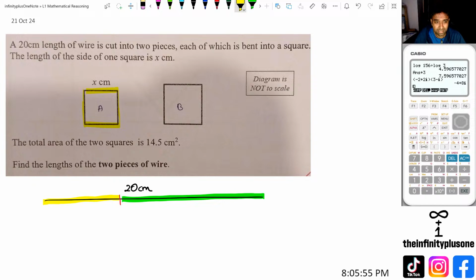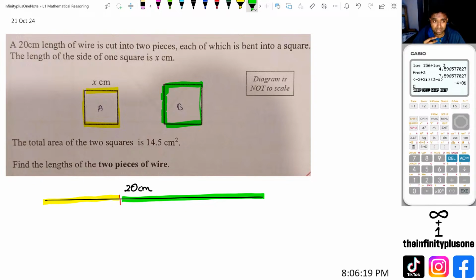All right, so that's the yellow string right there. Next up, I am going to take the green string and I am actually creating another square with it. So that's what's happening so far. Now, what they do tell us is the length of one of those squares, length of the side of one